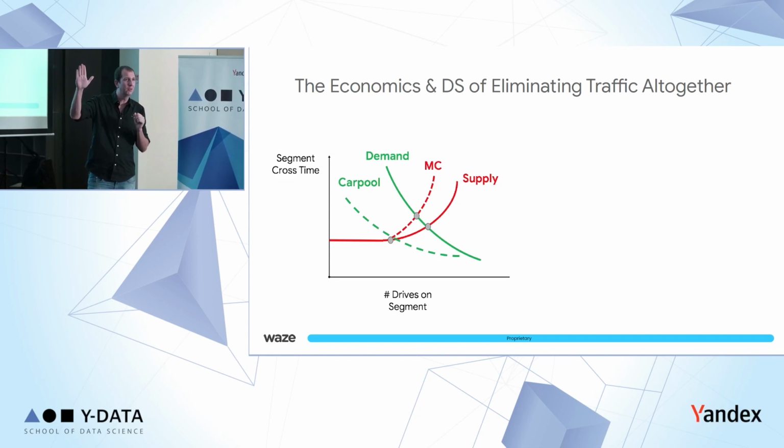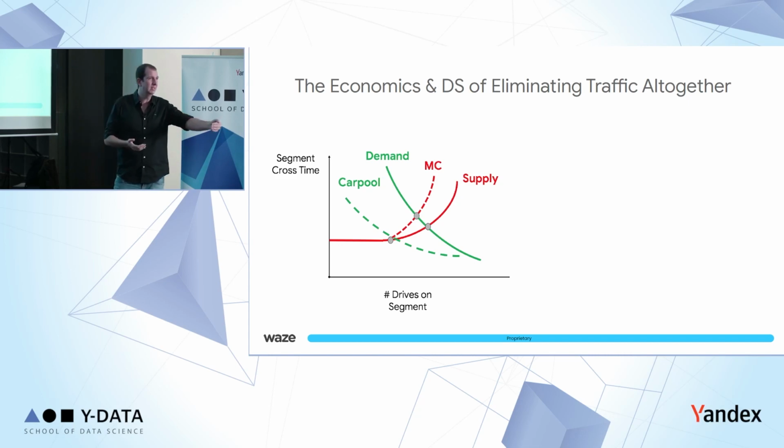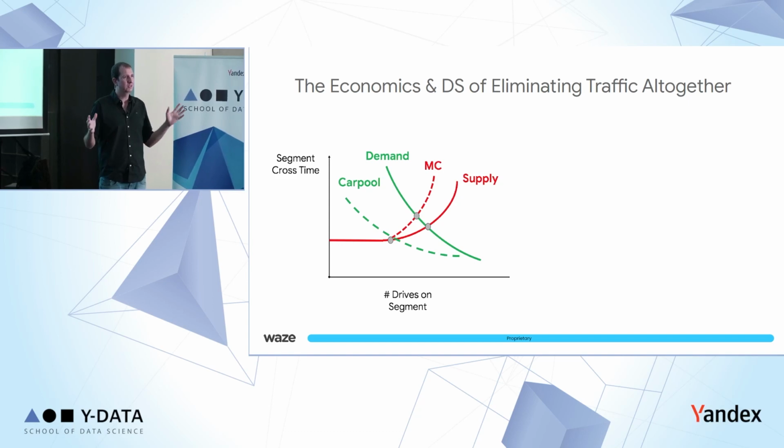Now here's a very cool thing. If you have people who are commuting to the same destination from the same origin, and it's relatively frictionless to coordinate between the two of you, sometimes the elasticity becomes even higher. So people are more willing to, yeah, maybe I'll exit my home 10 minutes later, but it means that I don't need to take my car, I don't need parking, and so on. So there are lots of ways to look at the demand, but just to summarize: demand is understanding people's preferences, and supply is understanding the physics of the road.